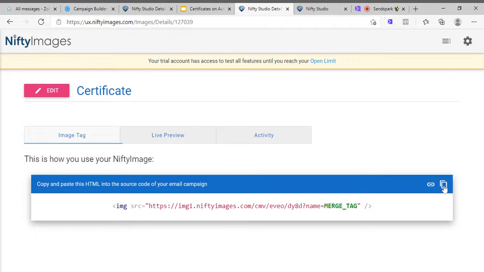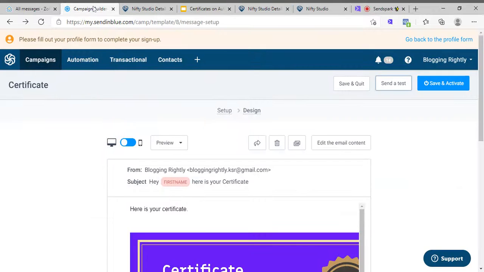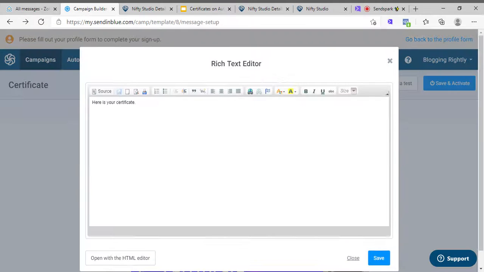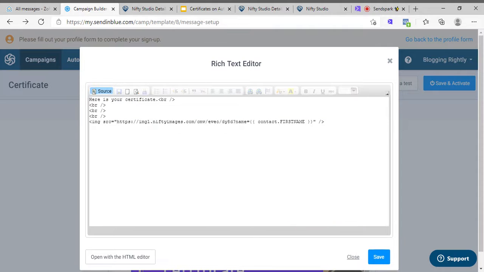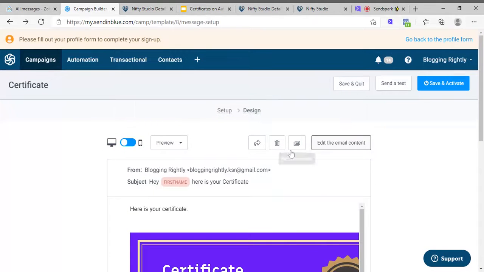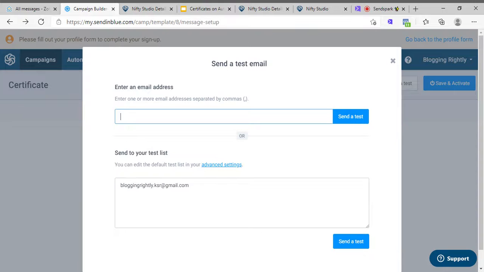So once the tag is ready, you just need to copy it, and in the email content you just need to select source and just add the code here. So that's it, guys. Then you just need to click on save, and it will get saved. Once it gets saved, you can just add a headline, subject line. These are the part of the process when you're creating an email inside an email marketing software. Then I'm just sending a test to show you a demo. So I show you how I'm gonna implement this.